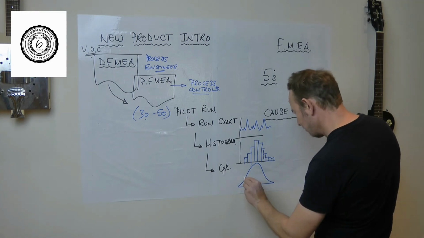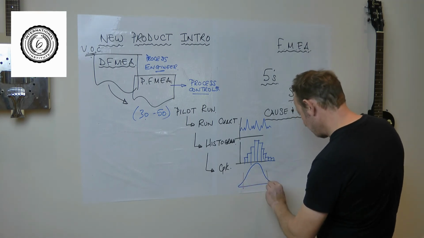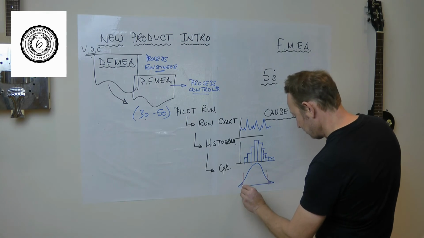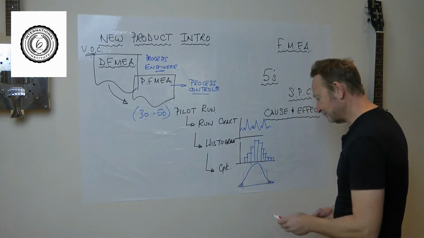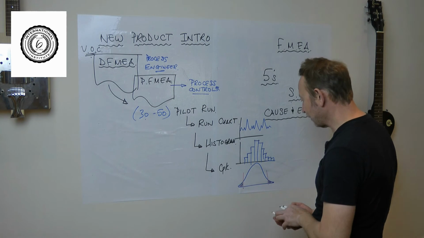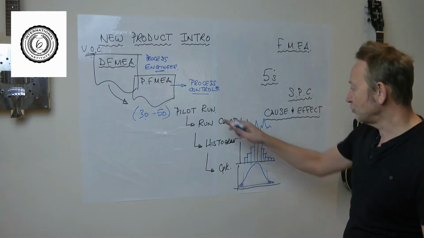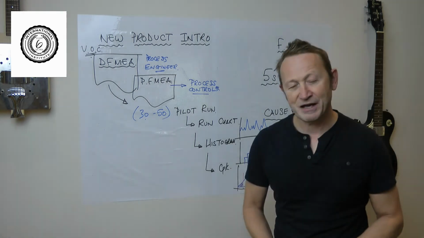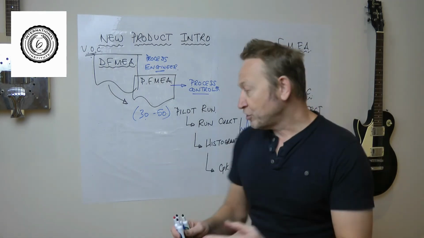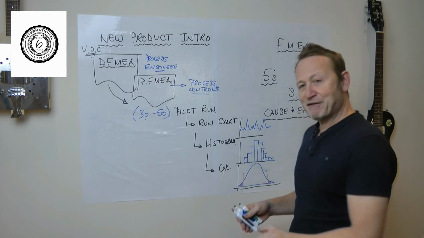Yeah, are we capable? What kind of defect rate do we have, etc. Yeah, so CPK diagram, run chart, histogram, CPK. Now, once I've established that I have a capable